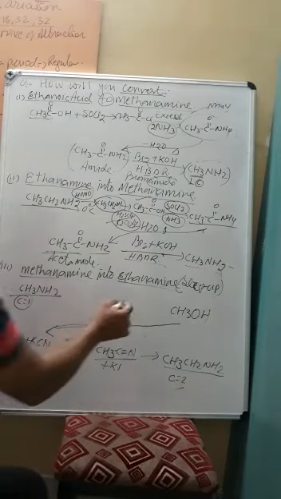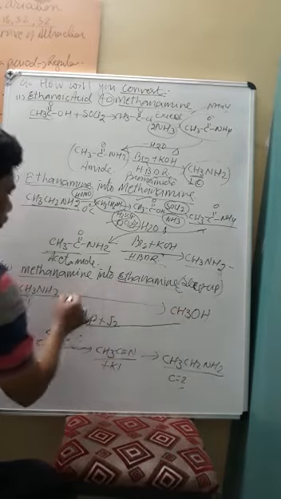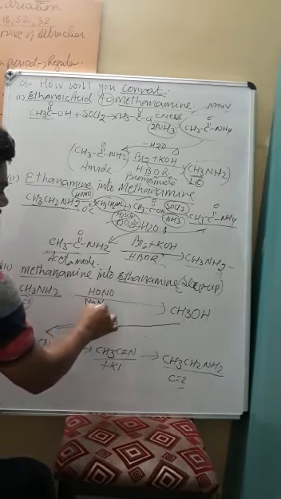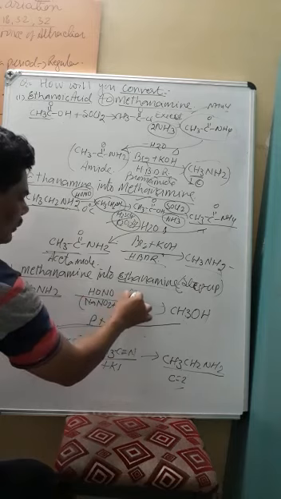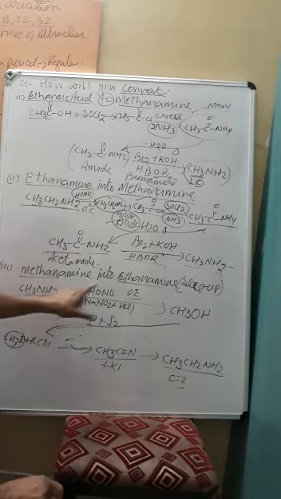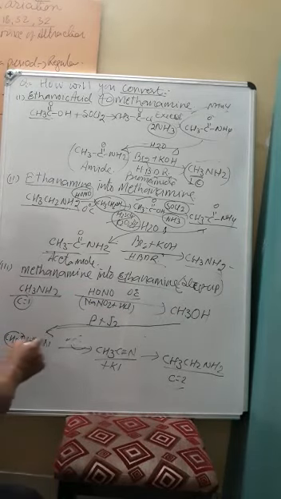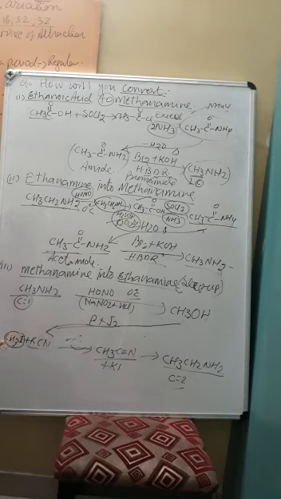Again, now the question is how to convert methanamine into alcohol. You know that it is by nitrous acid. Nitrous acid is produced by the reaction of NaNO2 and dilute HCl at 0 degrees Celsius. Isn't it? The final reaction will be methanamine converted into methanol, methanol converted into methyl iodide, and the methyl iodide when reacted with KCN forms CH3CN. Student, we have seen this reaction when alkyl